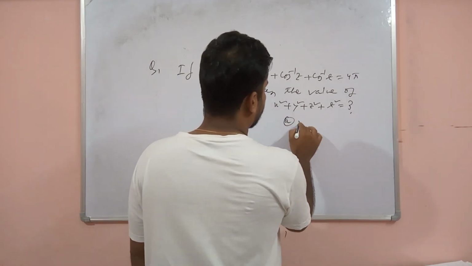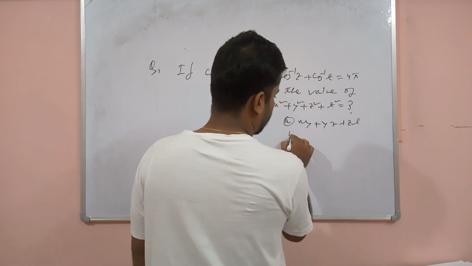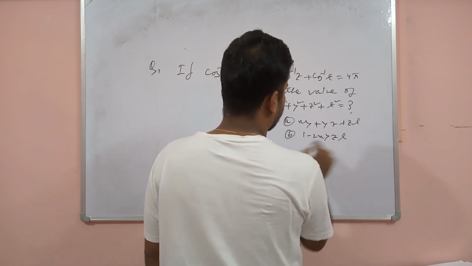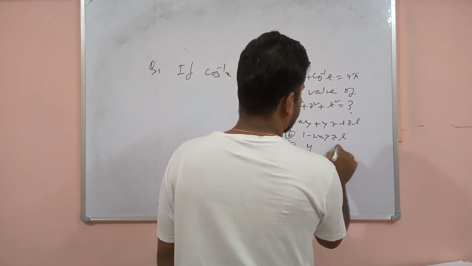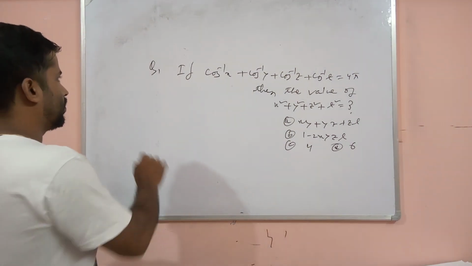Options are A: xy plus yz plus zt, B: 1 minus 2xyzt, C: 4, and the last one, D, is 6. Okay, so